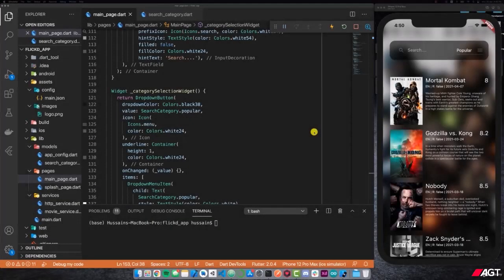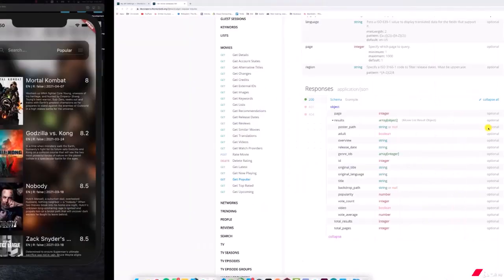Hello everyone, welcome back. In this video, we're going to be creating the class that is going to be responsible for actually encapsulating all of the data that is required for each of the movies that we actually pull down from the movie database